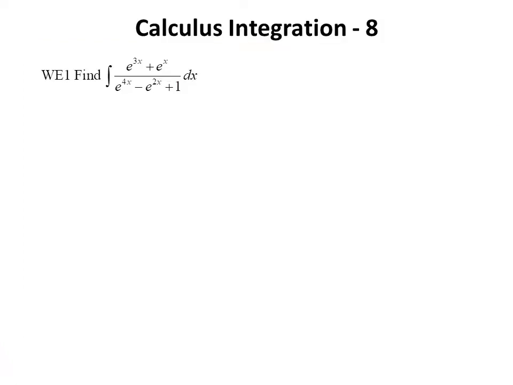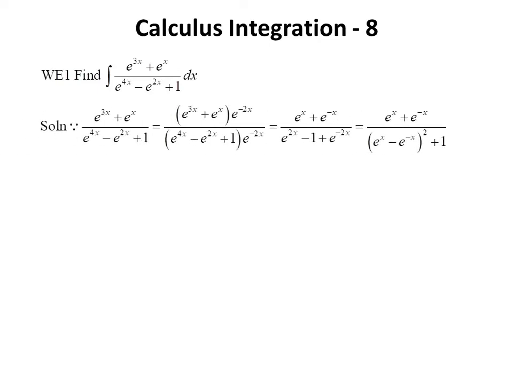Welcome to the 8th session of this integration series. Here, example 1 is to find a general solution of the integral of e to the 3x plus e to the x, over the result of e to the 3x minus e to the x plus 1 with respect to x. Since the integrand can be simplified by multiplying e to the negative 2x on both numerator and denominator,